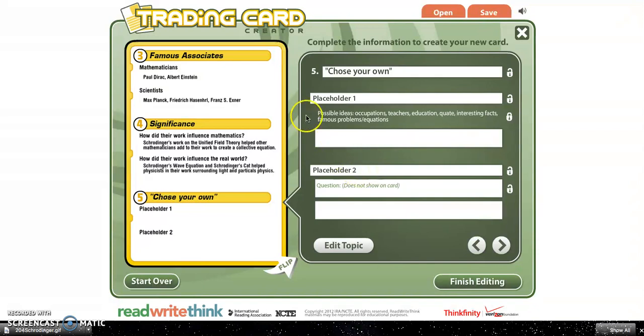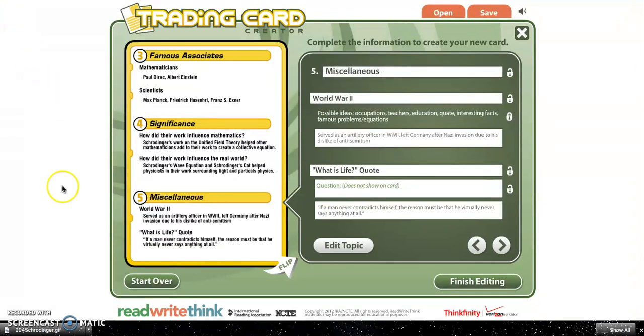So I'm going to fill out this section really quick for Schrodinger. So for the sections I chose, I named this miscellaneous because I thought the 2 most interesting facts about Schrodinger that were not already included on the card were his involvement in World War II and then his book, What is Life? I actually really wanted to do Schrodinger's wave equation for the second one, so a famous equation, but